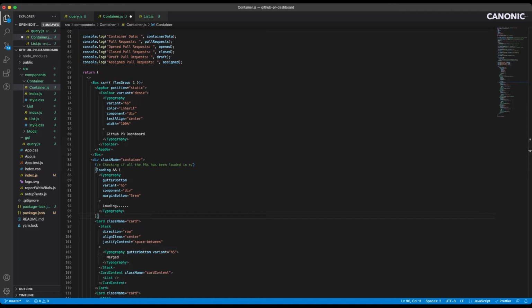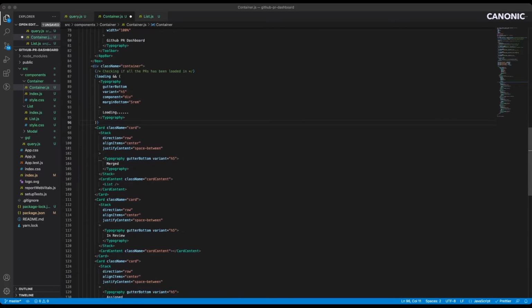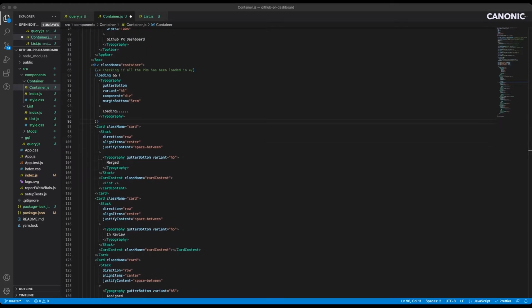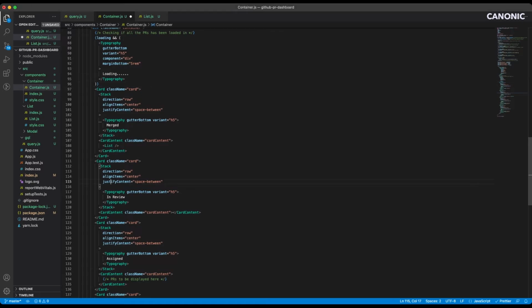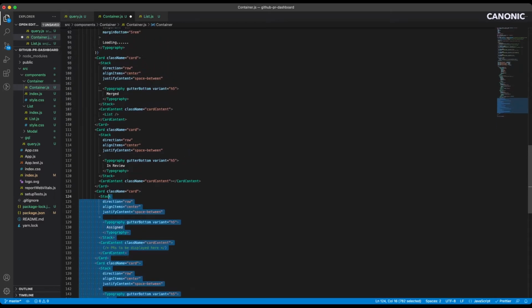Now comes the other part. When it's not loading, we have to show all the cards down below filled with all the pull requests in the respective columns. So all of these cards, we've just duplicated one over each other. So we can just delete the rest of the cards and keep just one.